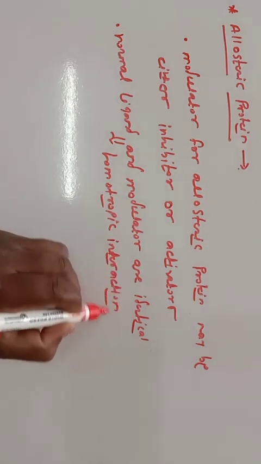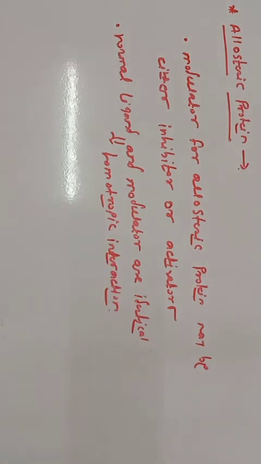When the normal ligand and the modulator are identical, it is considered a homotropic interaction. The best example of this homotropic interaction is the cooperative effect of oxygen, that is, the binding of oxygen to the hemoglobin molecule. And when the modulator is a molecule other than the normal ligand, then the interaction is known